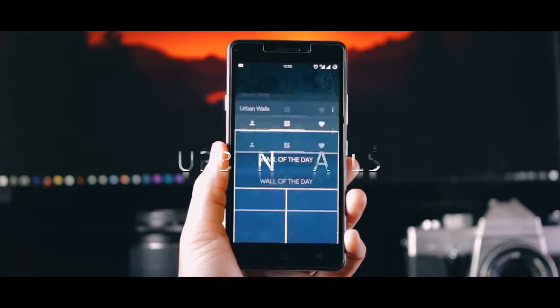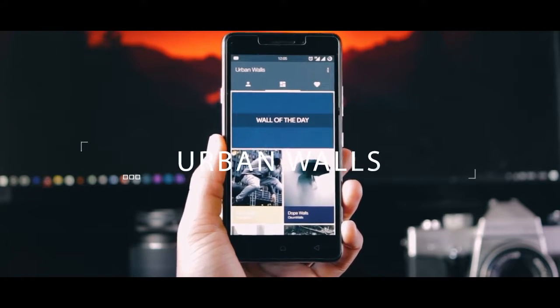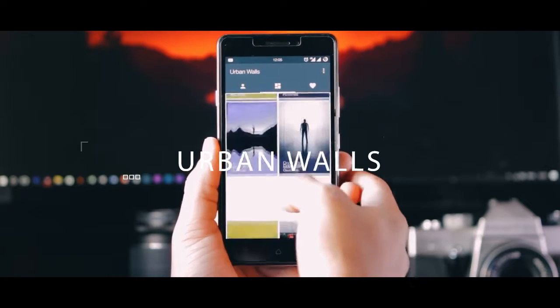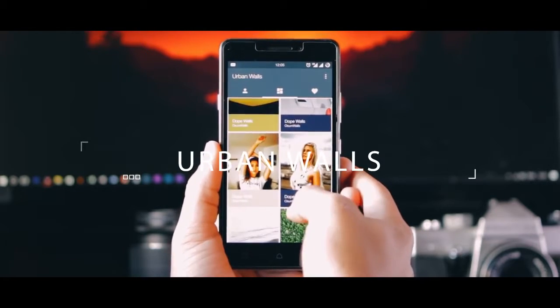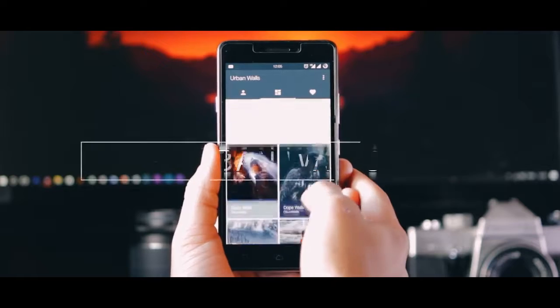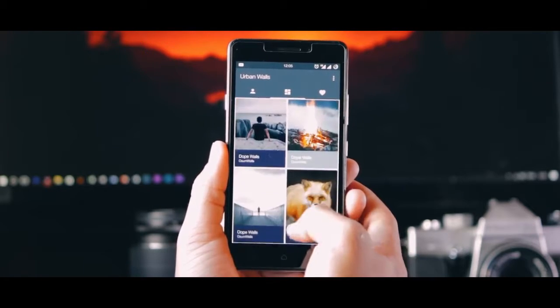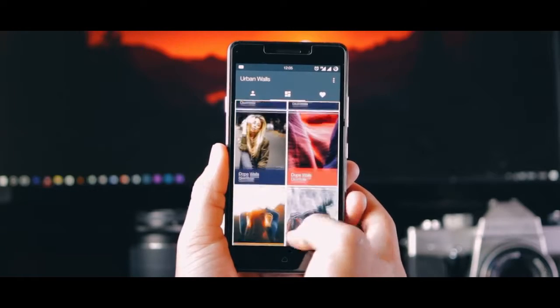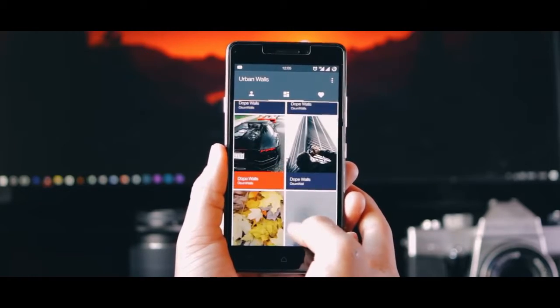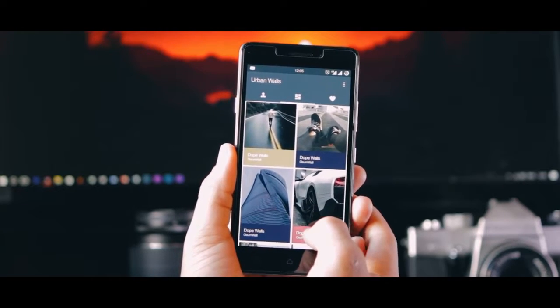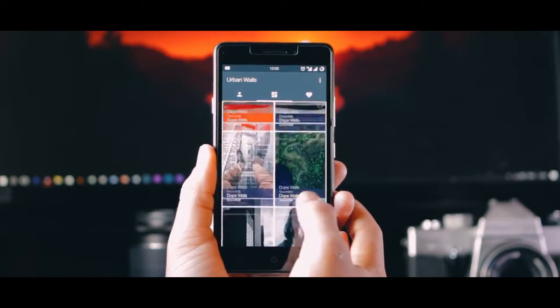Talking about customization, the next app on my list is Urban Walls. Urban Walls is a free wallpaper application which, as the name suggests, gives you high quality wallpapers right on your phone. I have to say, mostly all wallpapers look great, and there are at least 60 wallpapers in the app. If you open any wallpaper, it will show you the wall in full screen mode, and from there